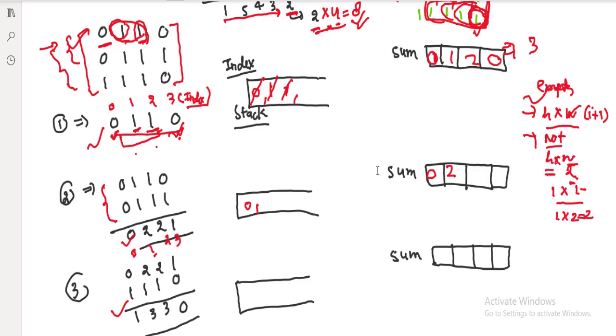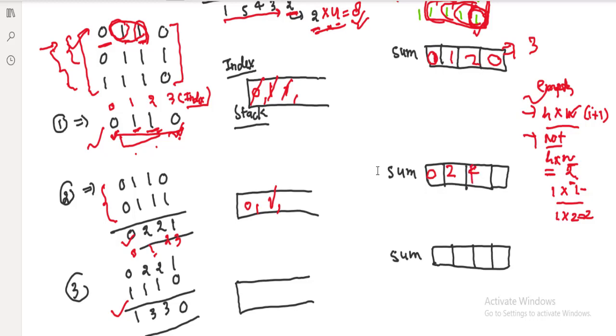And we have to add this particular index into the stack. Now it comes to here, 2. Now see if the topmost element is larger than this. Yes, the first index value is 2, it is larger, so we have to remove it. This value, is it larger than or equal to? No, 0 is not larger than or equal to. Now compute. Is the stack empty? No, the stack is not empty. What is height into width? What is the height? 2. What is the width? Width will become the current index minus the topmost index. Current index is 2, 2 minus 0 becomes 2, and the height is 2, so 2 into 2 becomes 4.